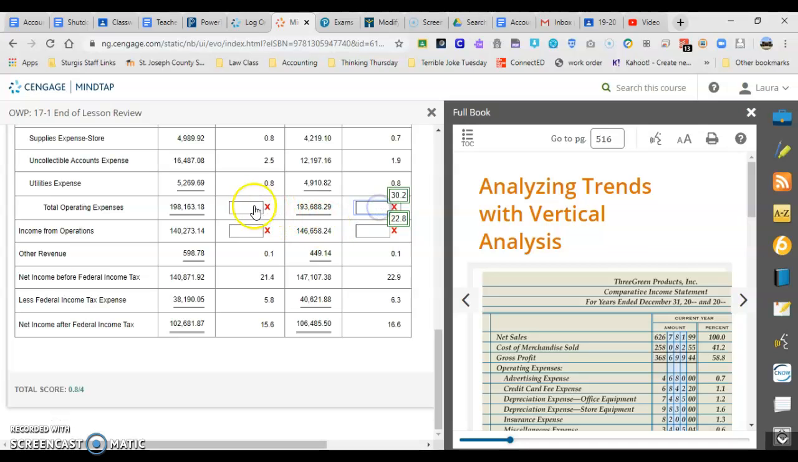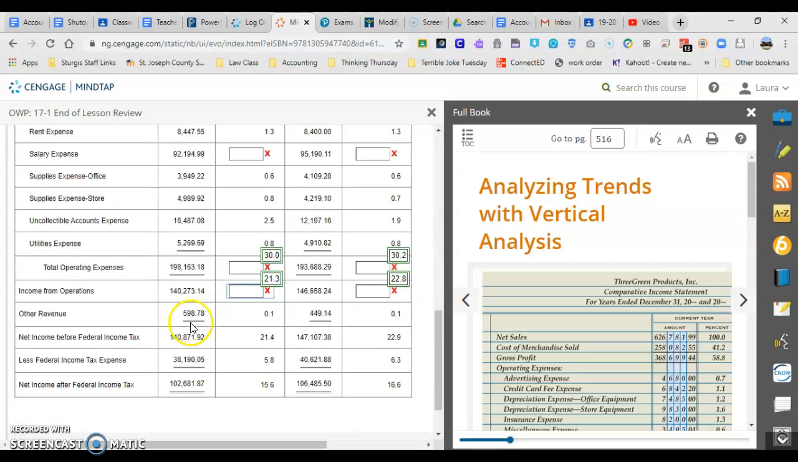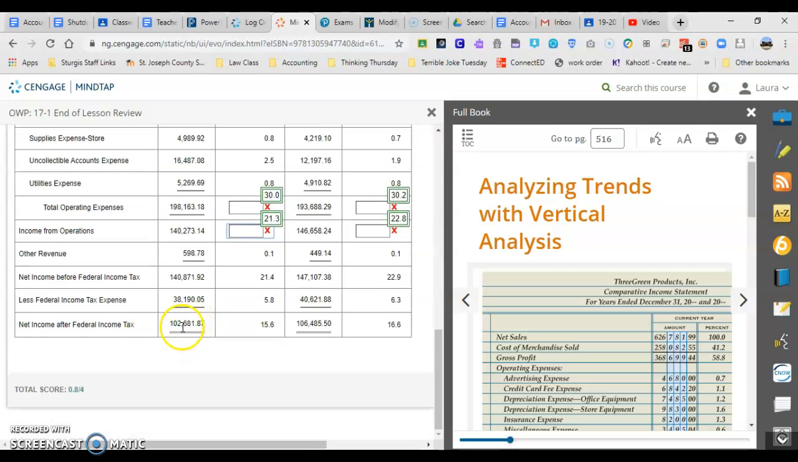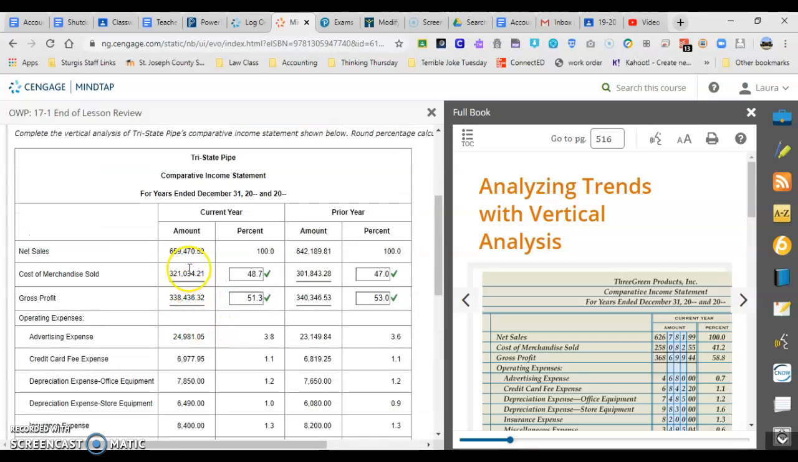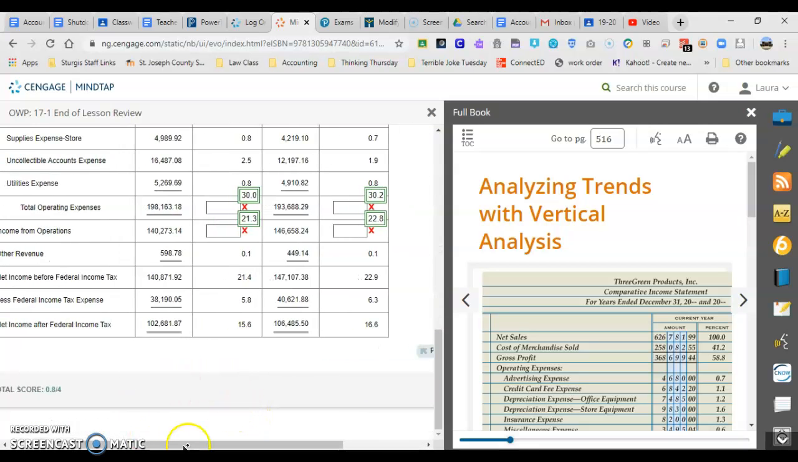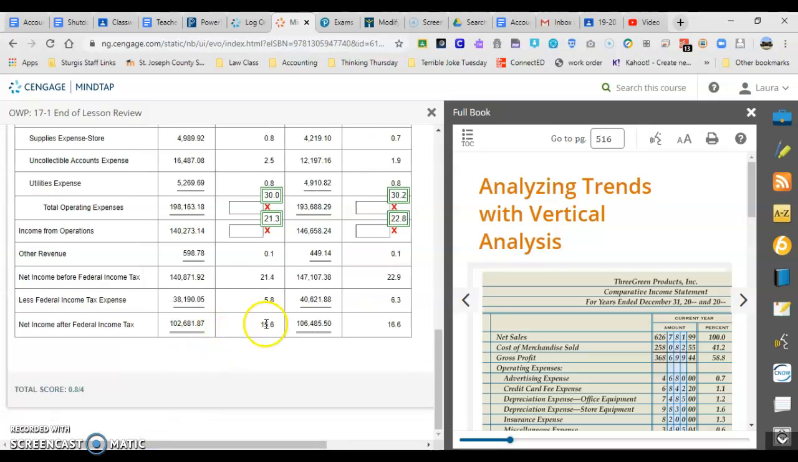Okay, so again, you're gonna go over here. Now, one important thing here in a comparative income statement, your net income after federal income tax. Again, this number divided by your net sales. Okay, and so they gave you those answers, but you made 15.6% of your total sales, your net sales. And you made less money than you did the prior year, which you made 16.6%,